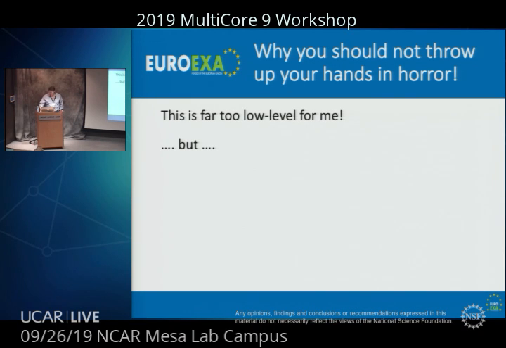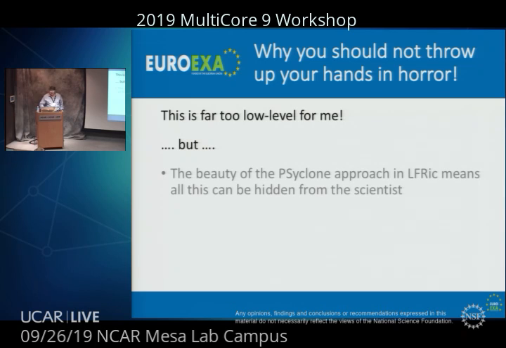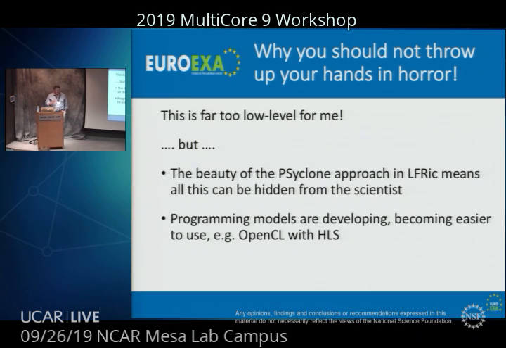But there are some ways out of this low-level approach. The beauty of Cyclone, as I've briefly explained, is that it does separate out the science code from the parallel gubbins, and our intention is that in the future Cyclone will generate the FPGA code for you, which is great. Programming models are developing all the time. The introduction of this high-level synthesis technique is just one of those, and it's now possible to use OpenCL code